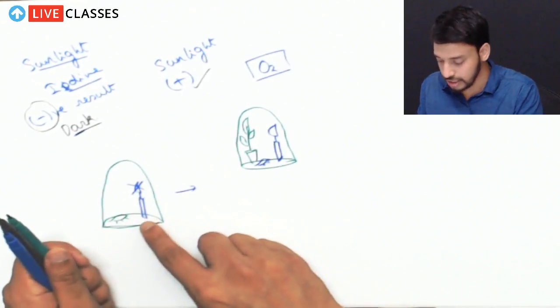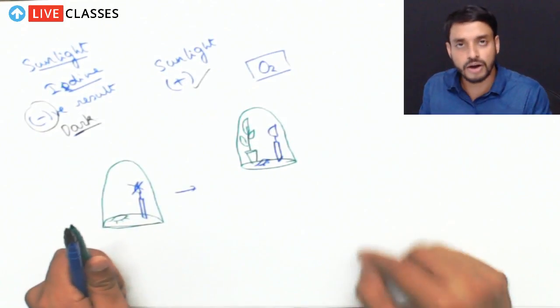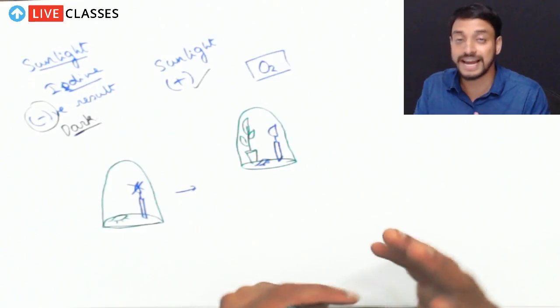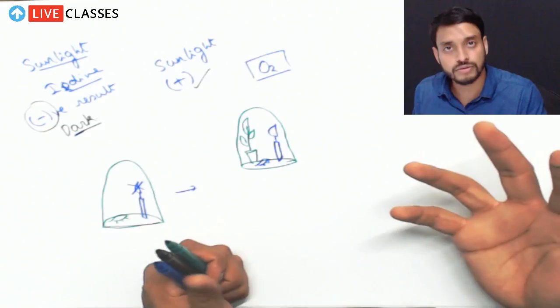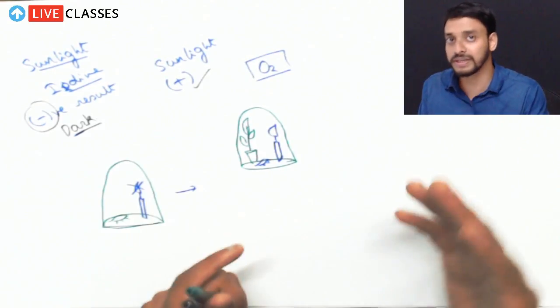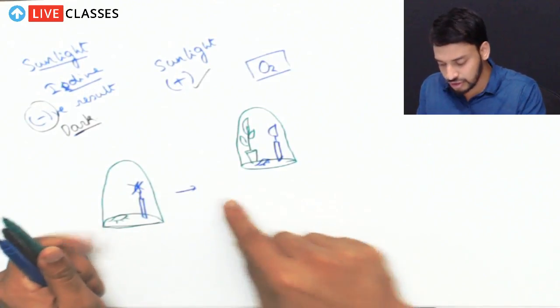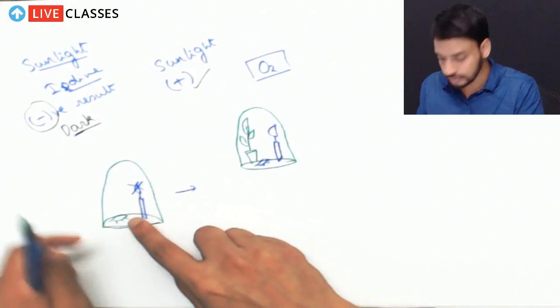What was the modification? He added a mint plant under this setup. He found that the light did not go off, the candle did not go off, and the mice were alive. Let's repeat this experiment. So what was observed is that if just a small addition was done to our previous setup,